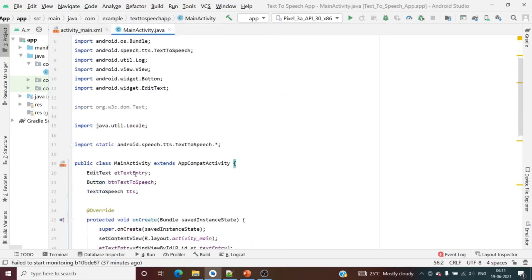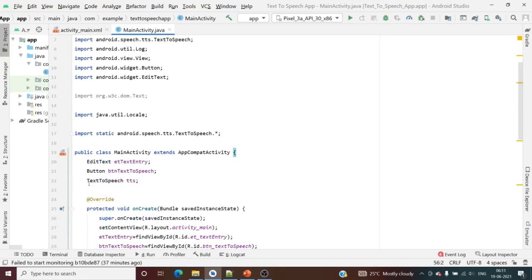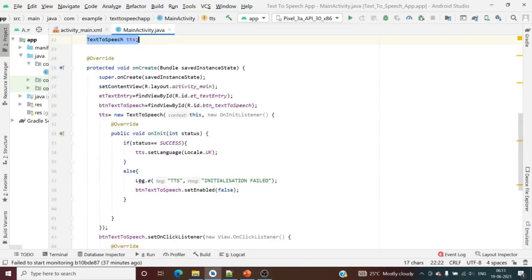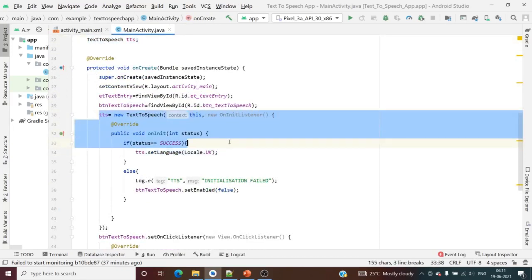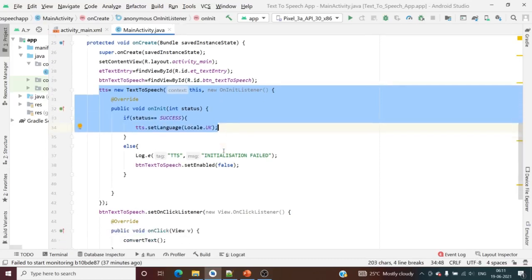I hope you understood. Very importantly, you are creating an object TTS from the class text to speech. Then you are initializing it with the OnInitListener. In the initialization, if it is successful you set the language.